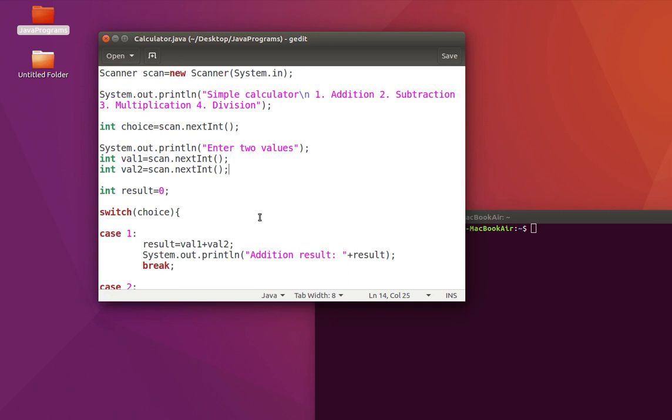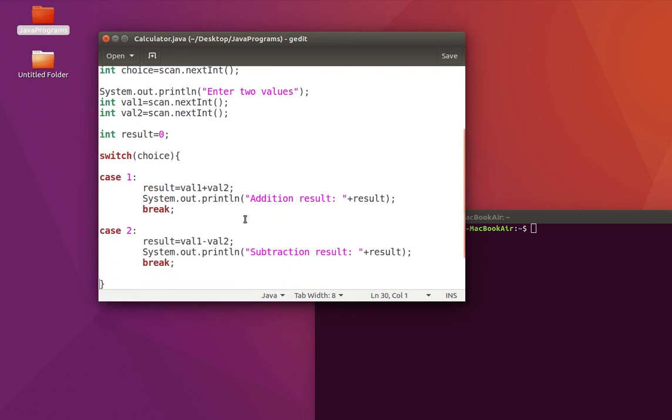So look at this. We are reading it only once and using those values. Since it is an operation of 2 numbers, addition, we are doing it like this. So you can complete the rest of the cases and print. And remember, a statement followed by break is very important, because if we do not keep break, it executes the rest of the cases as well. If you do not have a break statement after case 1, then it executes case 2 as well.